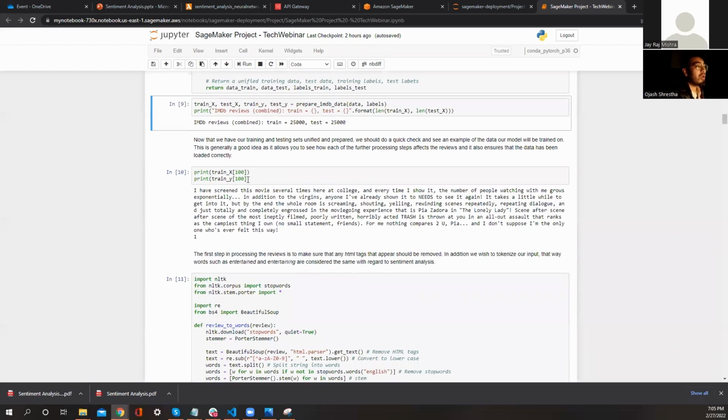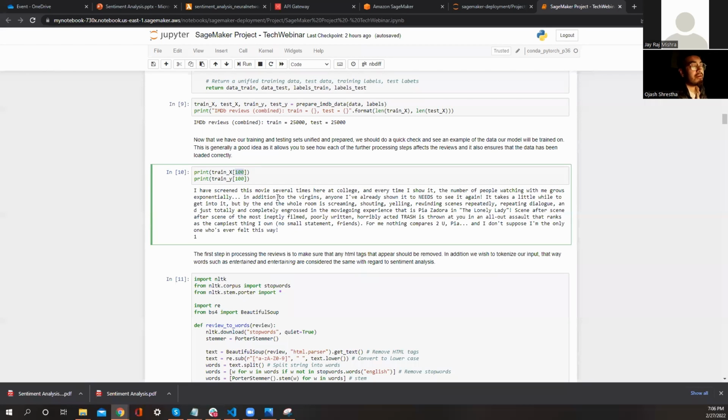For example, let's just look at one of this data, from the hundredth data from the data set we just stored. It's like, I have screened this review. This is one of the data from the data sets that we just imported to our S3 bucket, right? I have screened this movie several times. So things like these, huge numbers of reviews from different people, we actually use to train our